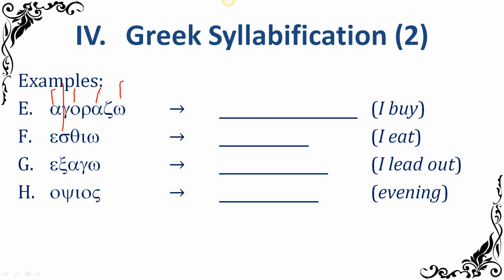So we'll ask ourselves the 3 exception questions. Is the rho the final letter of the word? No. So we're not going to pick it up because of that. Next question, is the rho followed by another consonant? No. So it's not going to pick it up because of that. Is rho one of the double consonants? No, it's not xi or psi. So is the omicron going to get that rho? No, that's the one that got away. So it's just going to be a-ga for the first 2 syllables that we figured out.